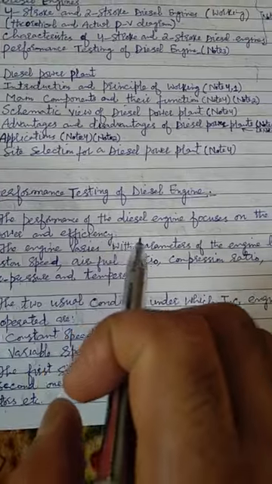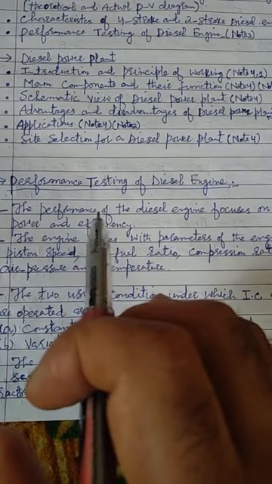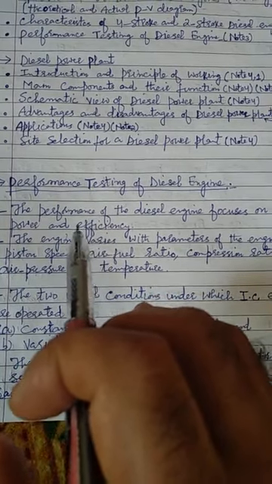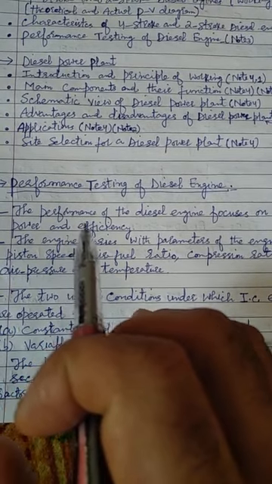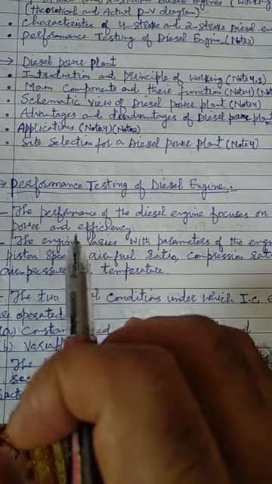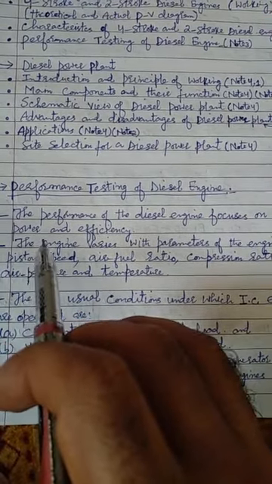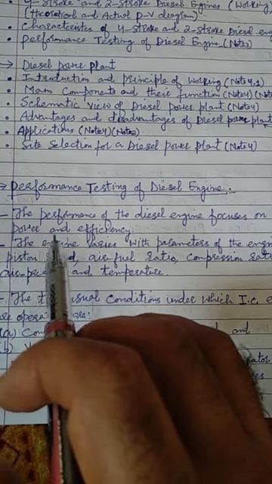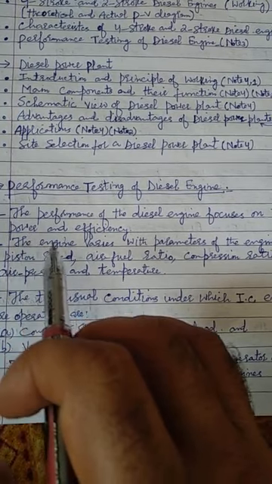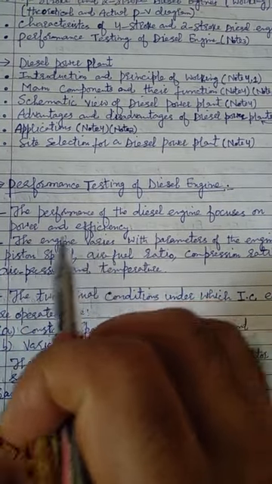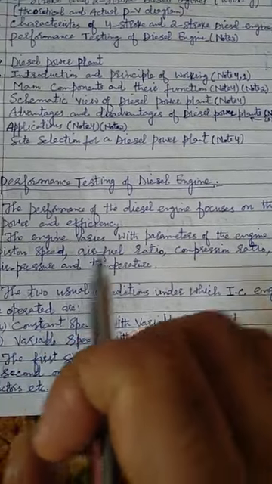The performance of diesel engine focuses on the power and efficiency. So the performance of engine is based on the power and efficiency. So what we are doing is checking the power and efficiency of a diesel engine through its performance. So these are two. There are other parameters, but the main motive of the performance of the diesel engine is that we are checking its power and efficiency,